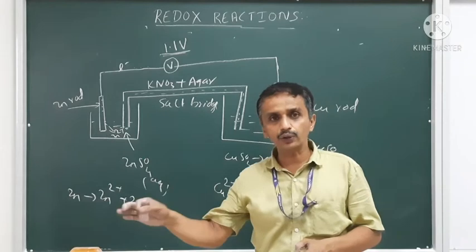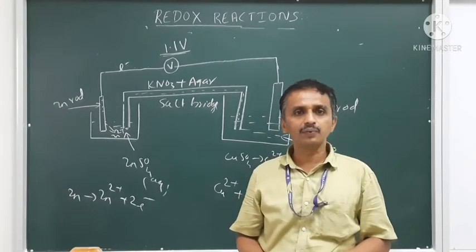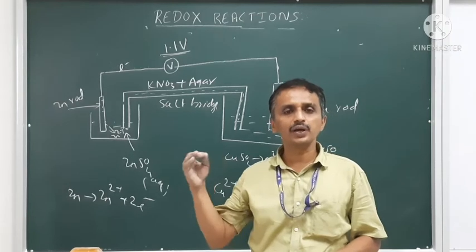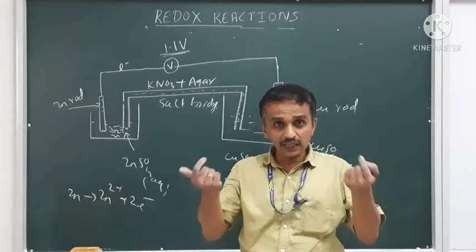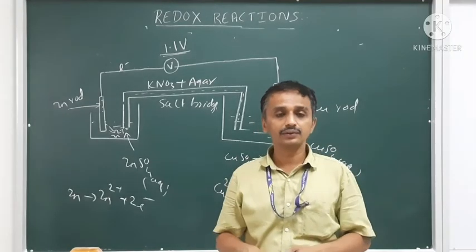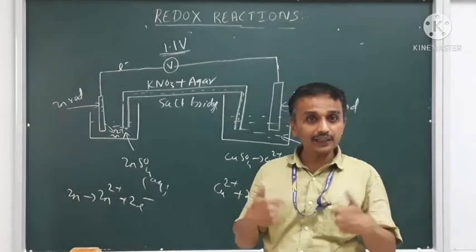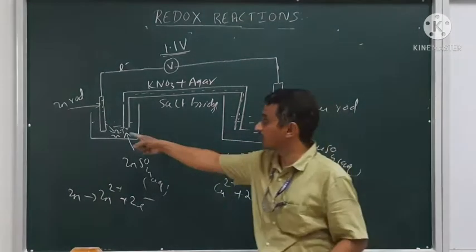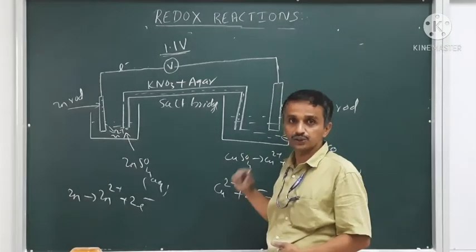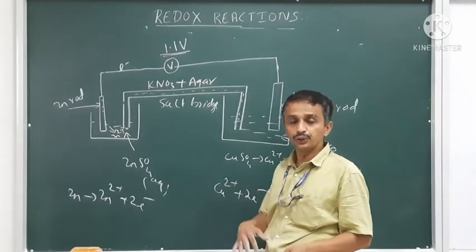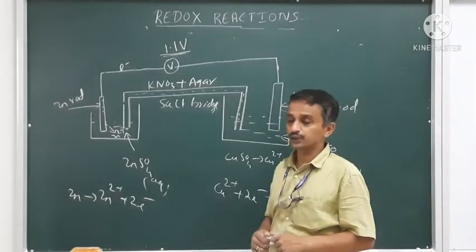See, in the electrolytic cell, we are passing the current, and because of that, certain chemical changes occur. Whereas in the Daniell cell, galvanic cell, which is an electrochemical cell, we are getting the current due to certain changes occurring in the chemicals, which are redox in nature. So, entirely different concept of the electrolytic and the electrochemical.